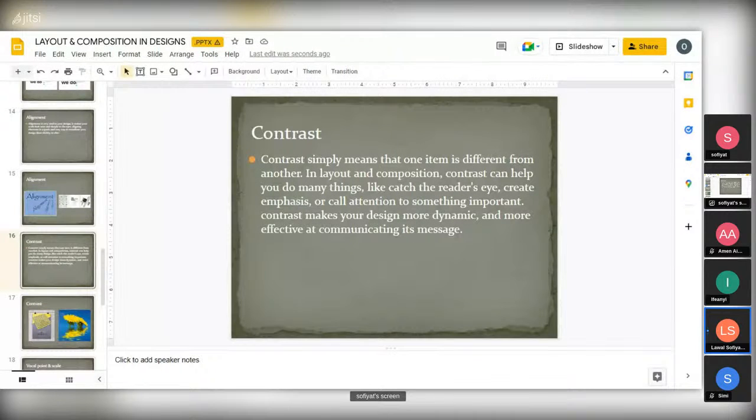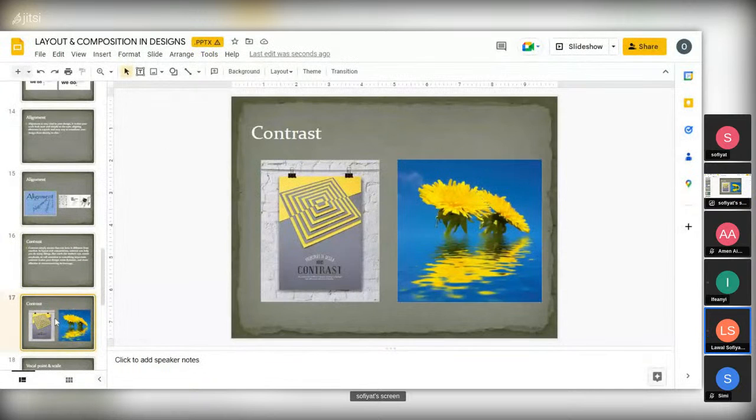So if you see this example, this definition simply means that one item is different from another in a layout and composition. Contrast helps you to do many things, like catch the reader's eyes, create emphasis or call attention to something important. There is contrast in shape, color, and typography.